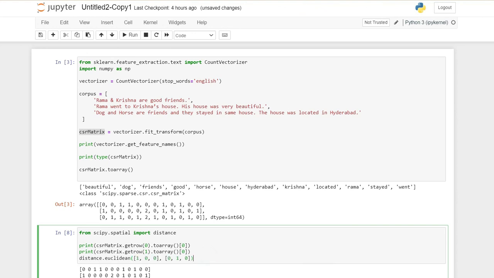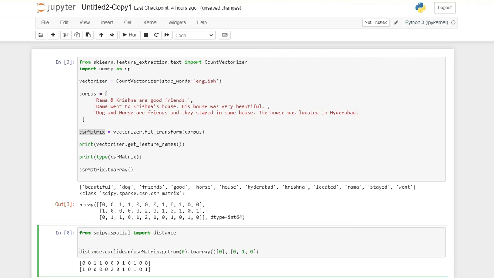So this would be my method, and all I need to do now is take the first element here, and instead of this array I need to pass this one, and take the second element here, and instead of this array I need to pass this element.